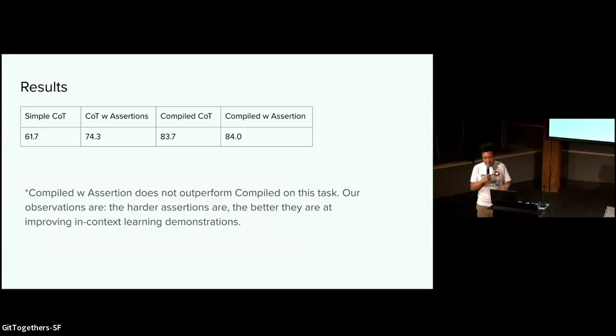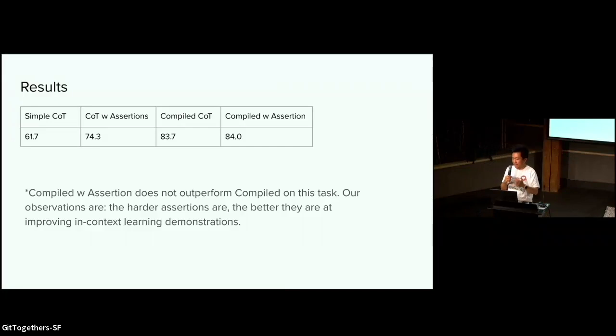So here are some of the results. If you just use a simple chain of thought on GSM-8K, you'll get roughly 61%. And if you use assertions, remember, this is just 5 or 6 lines of code, you can get 74%. And then if you compile, it gets even higher. In this particular example, compiled with assertions does not really outperform the vanilla compiled version, but we do have